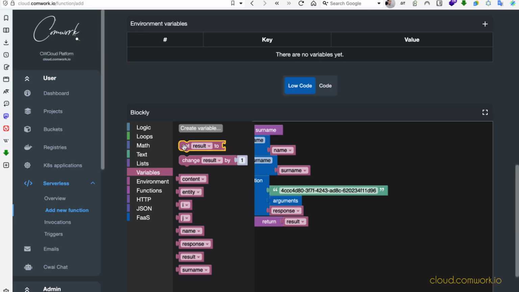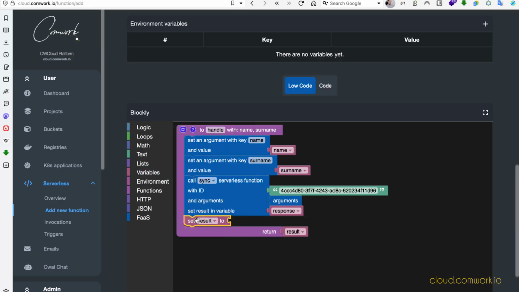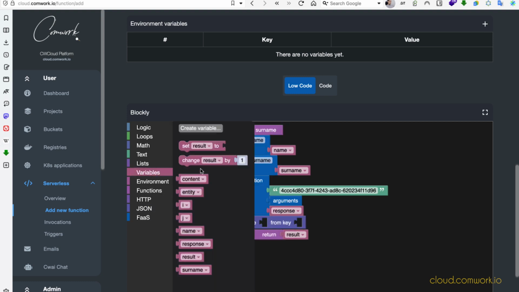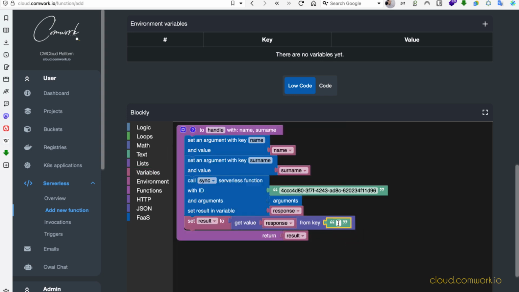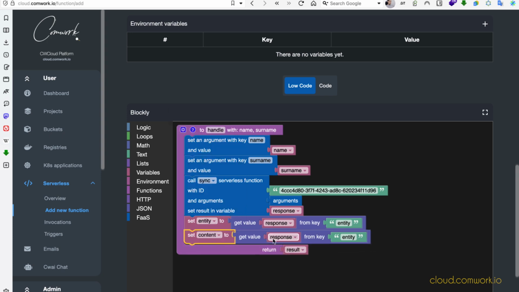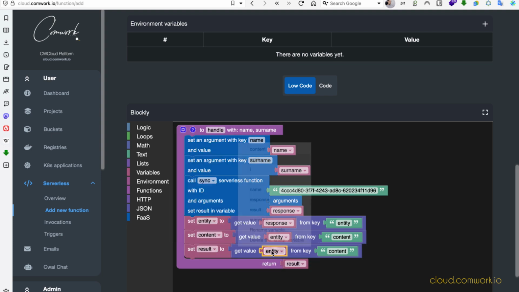To achieve this, I'll use the block set in order to set a value with the result variable and the JSON block getValue in order to extract a key from the response variable. The key will be entity here. Then after entity we have content, and finally we have result.